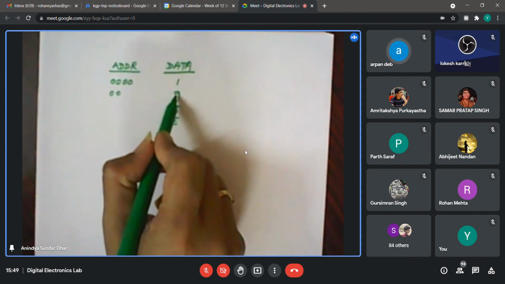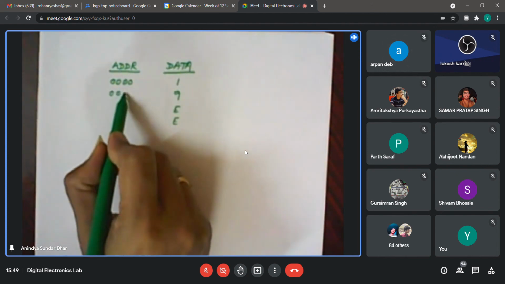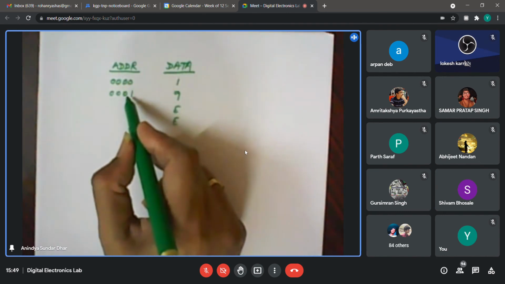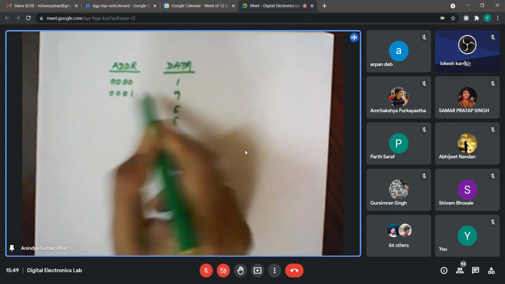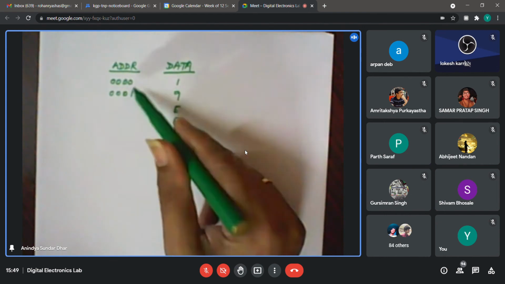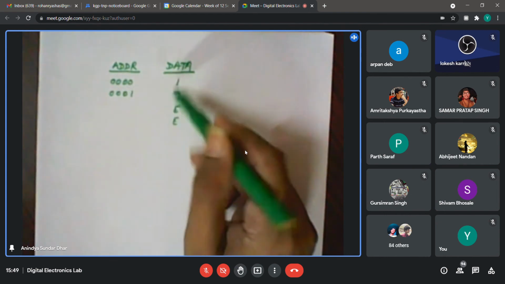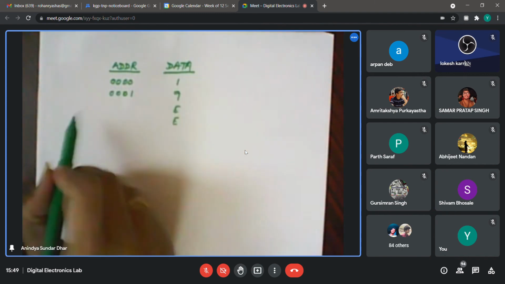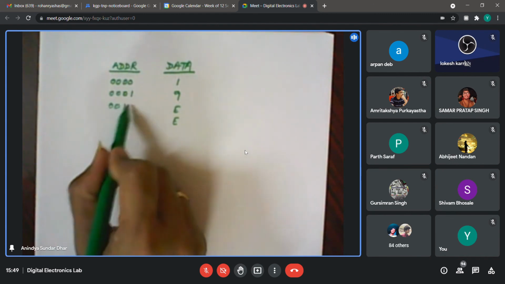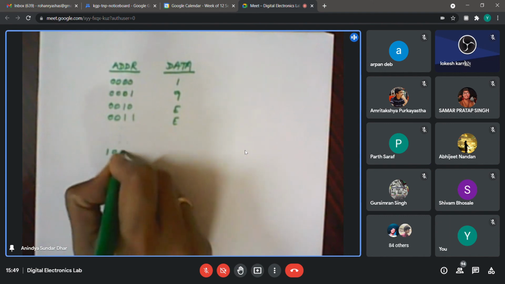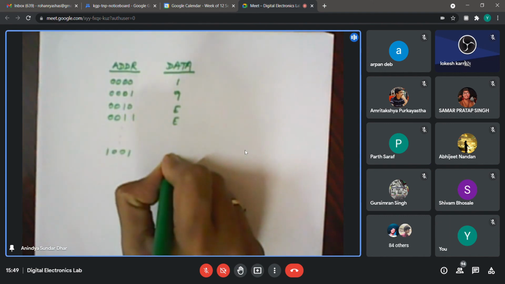Then if I press 9, another signal will go, and it will be written in this location. However, it doesn't really matter if you write 1 in this location because it will be sequential. Your counter will run through these 10 states only. So even if it got shifted somehow, suppose it is not reset at the very beginning, you will still get the same sequence. Maybe the starting point will be different. If you reset it, it will start with 1. So in that way you are going to have this. Finally it will be 1001, and in that location maybe you are storing F or something. I am writing in hex.